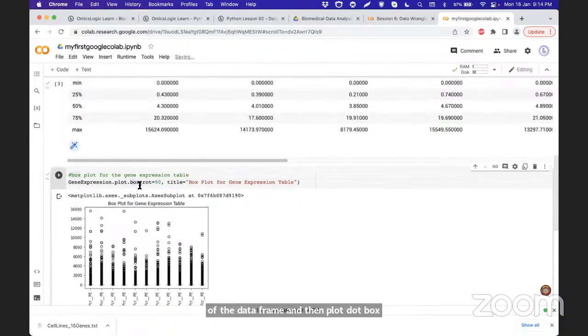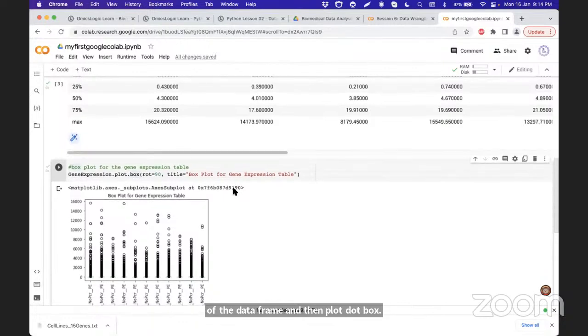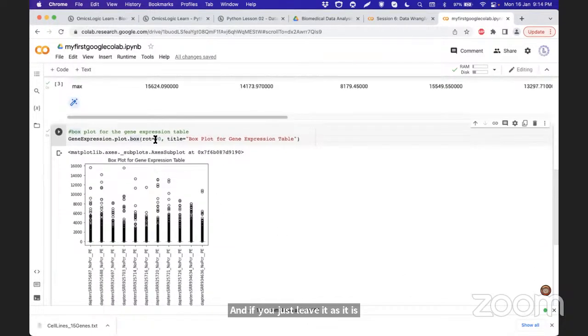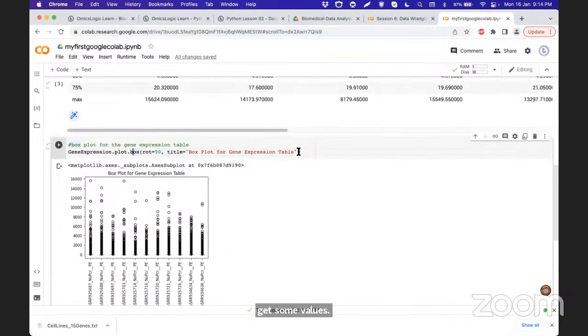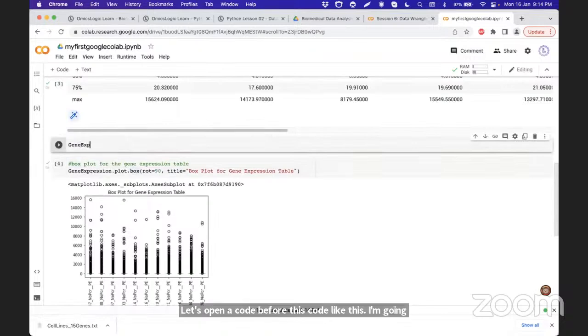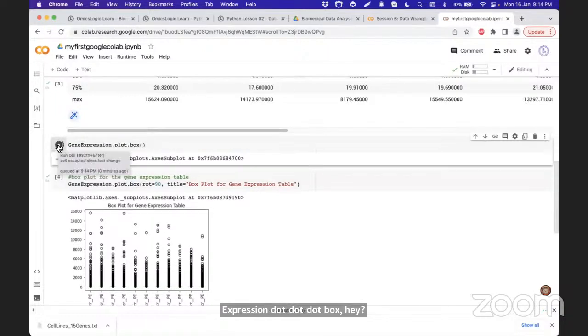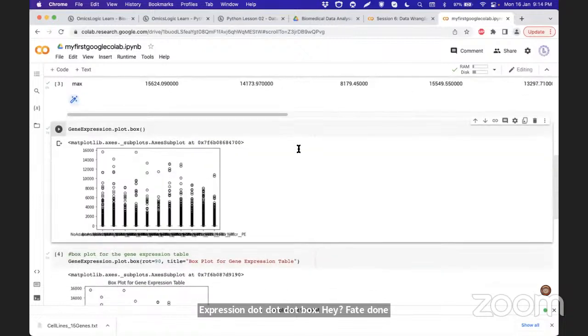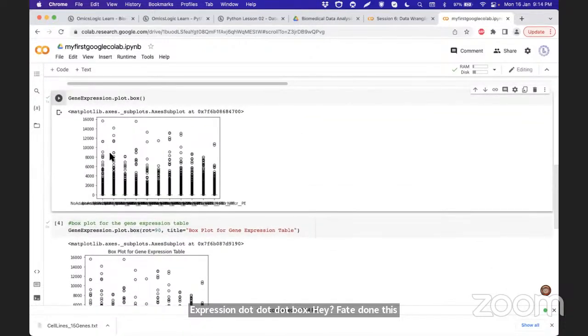And if you just leave it as it is, then you are going to get some values. So I want you to try that option also. Let's try that option and compare. Let's open a code block before this code. I'm going to just write gene expression dot plot dot box. So if I run this, what do I get? I get a normal box plot with some display parameter settings